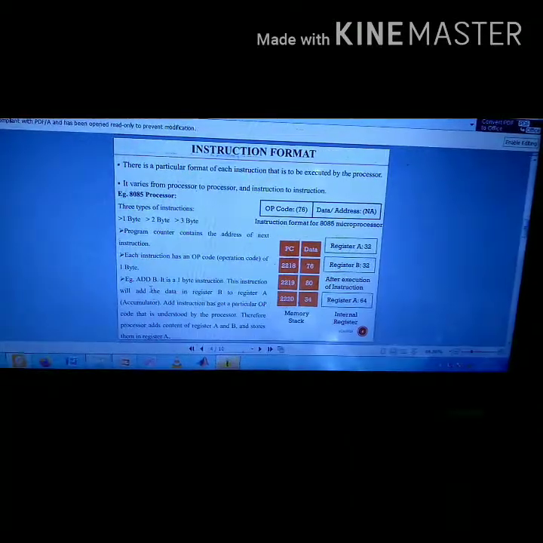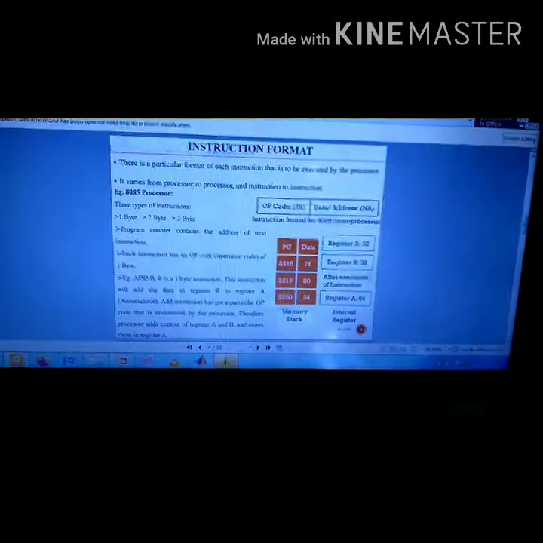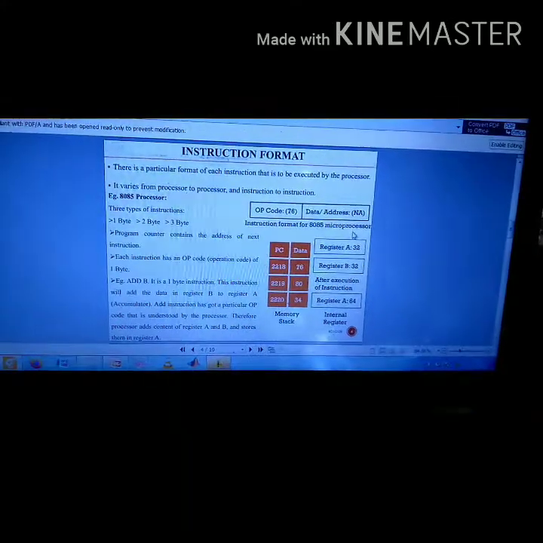B is a register inside the microprocessor. Okay, then ADD B means we are going to add the data which is stored in register B, 32, to the data that is in register A, 32. So for the present case,